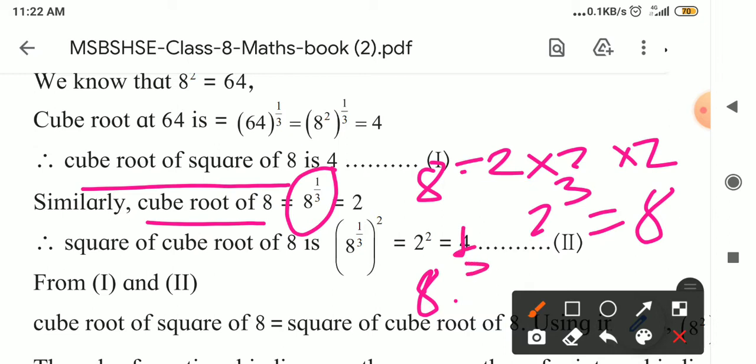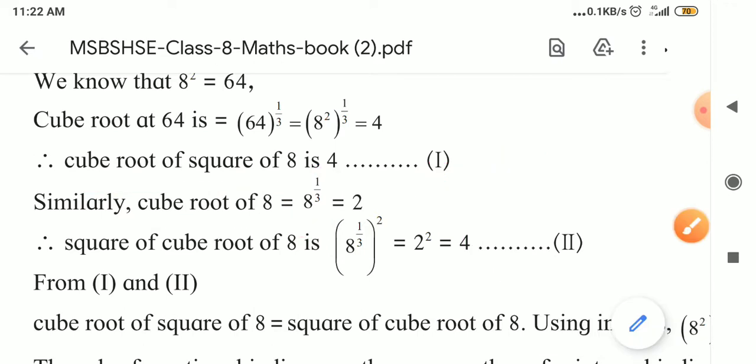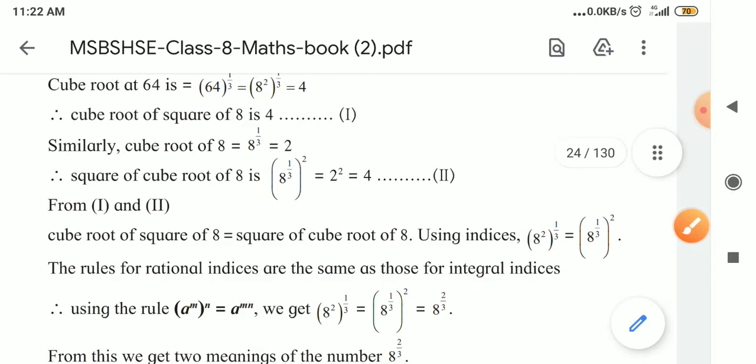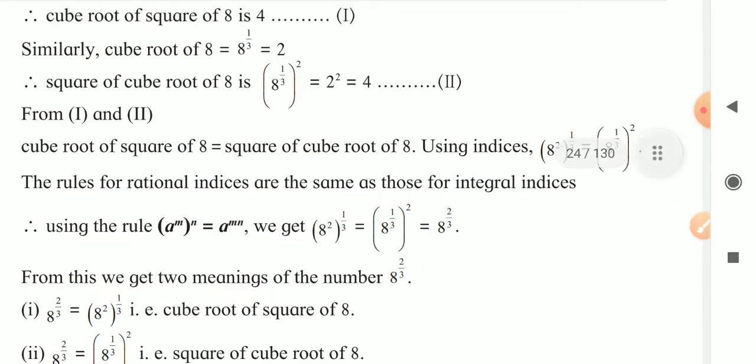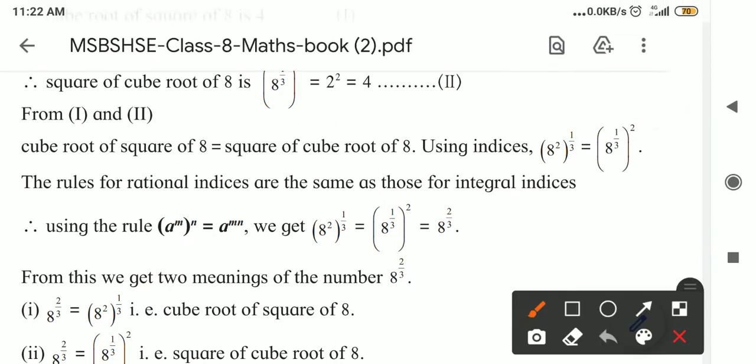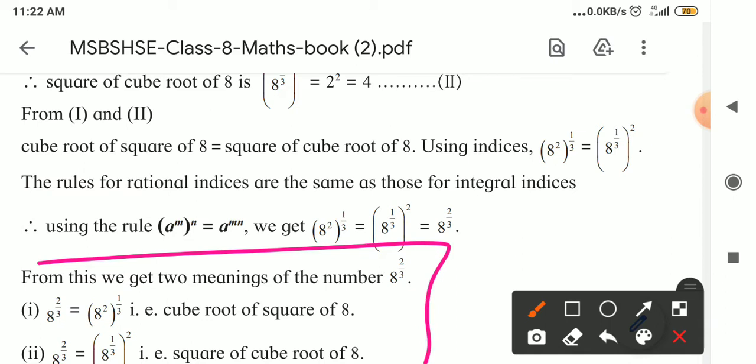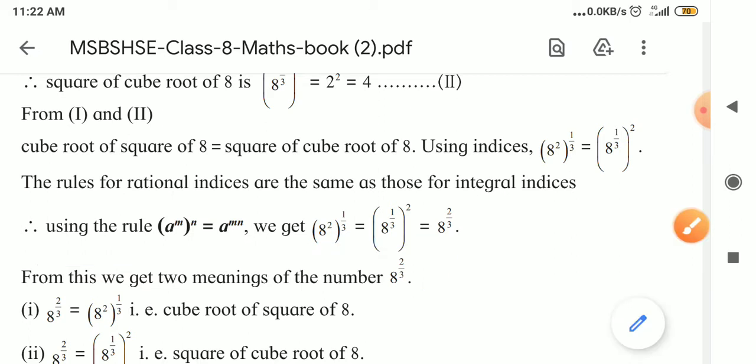is 2. Okay, these points are a little bit confusing and complicated actually. So you just give proper attention whenever I am teaching this. These are the introductory part. The main part is starting from here. For better understanding, I will tell you some tricks to keep in your mind. So let's only understand this, whatever is given here.